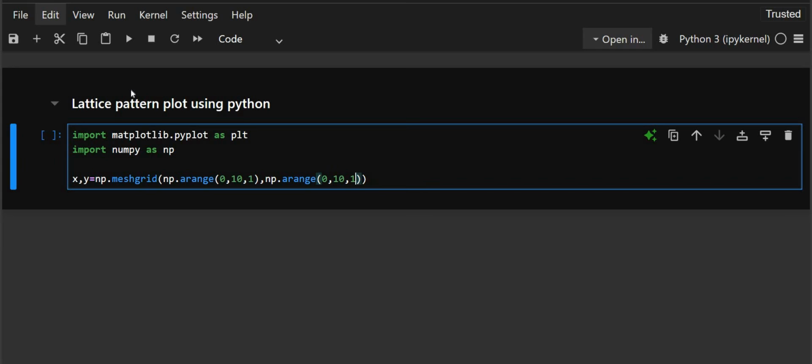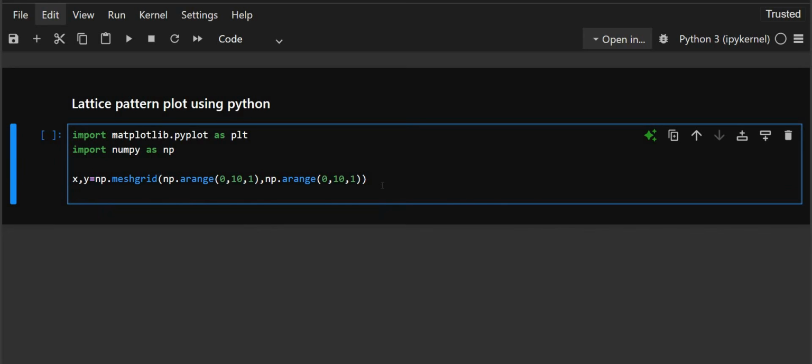So here np.arange creates values from 0 to 9 with a step of 1, and np.meshgrid generates 2D arrays where x represents the x coordinate, meaning the columns, and y represents the y coordinate, meaning the rows. And now we'll flatten the grid for the plotting. So for that we'll write